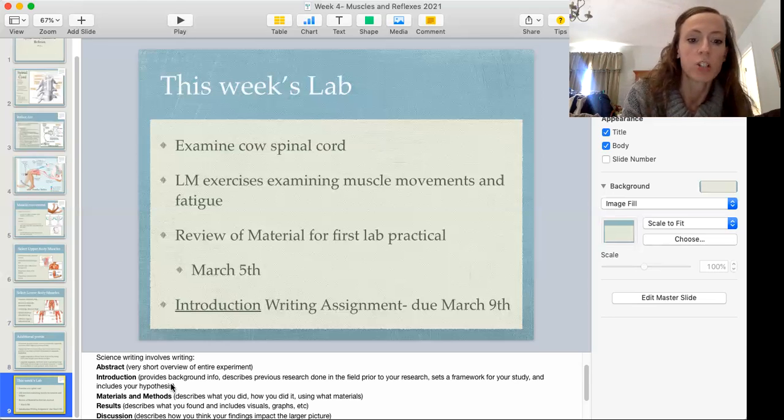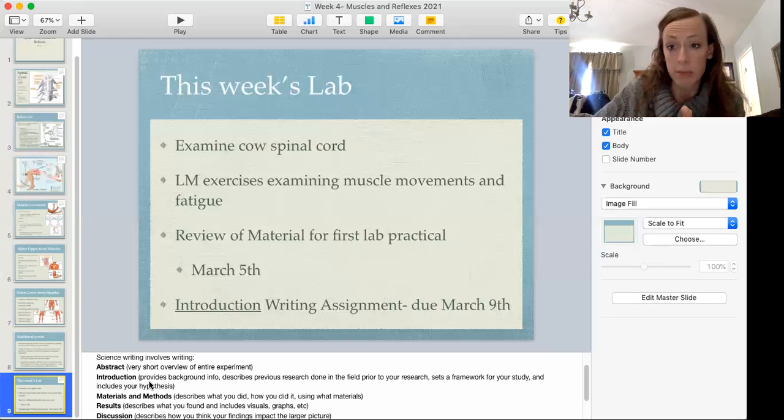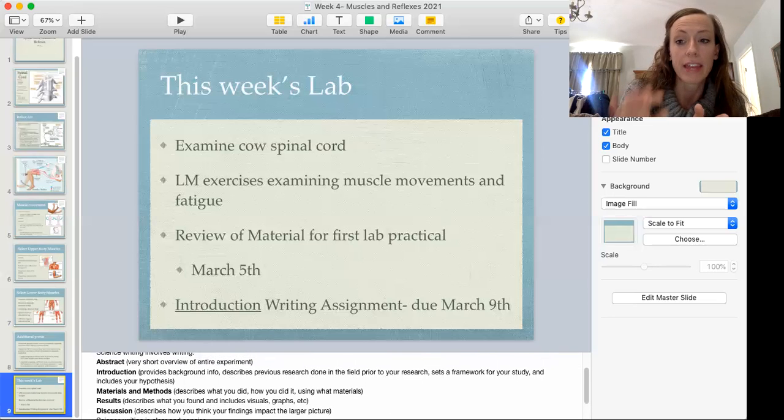Okay. So that's the introduction. That's the one we're doing right now. Throughout the course of the semester, we're going to do the other parts. We're going to do the materials and methods, the results, and the discussion section as well. And then at the end of the semester, we put it all together, all 5 components, abstract, introduction, materials, methods, results, and discussion, into one big